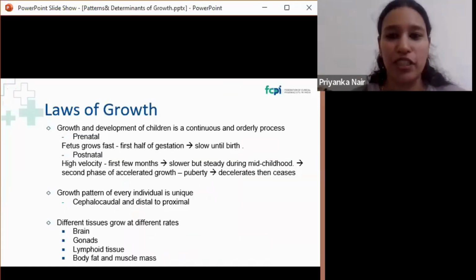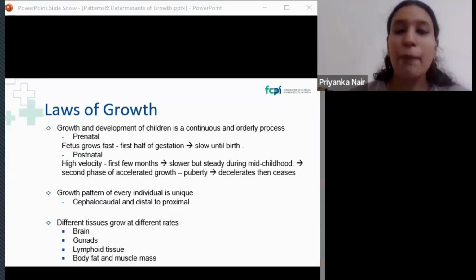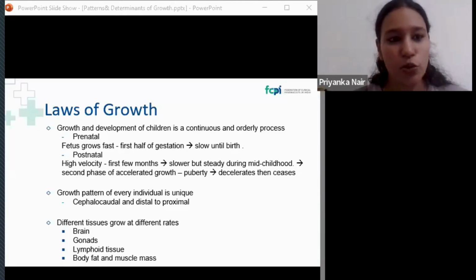First of all, let's learn about the laws of growth. Growth of children is a continuous and orderly process, but the speed of growth varies. In the prenatal phase, that is before birth, the fetus grows fast in the first half of gestation, then it slows down until birth. After birth, that is the postnatal phase,